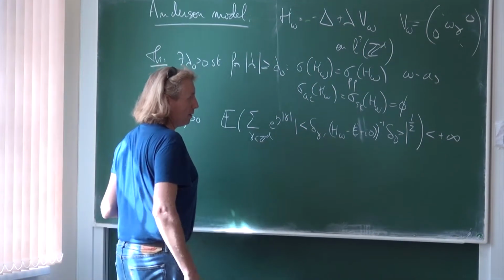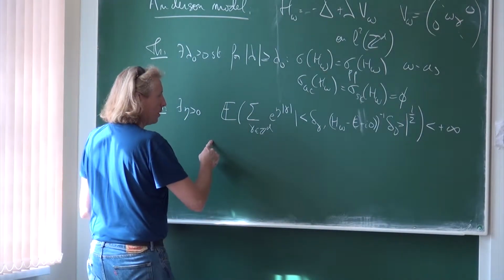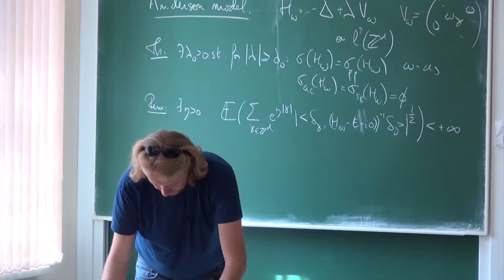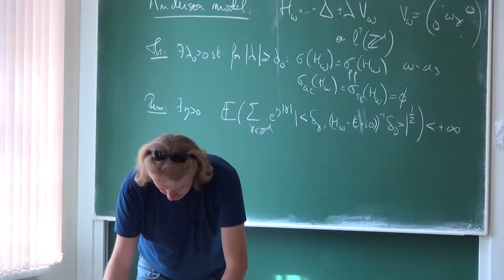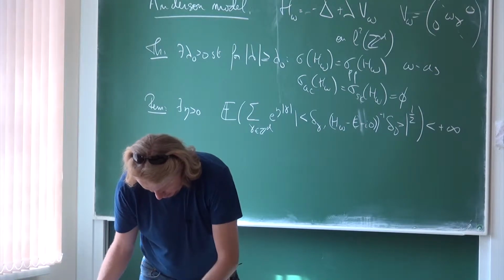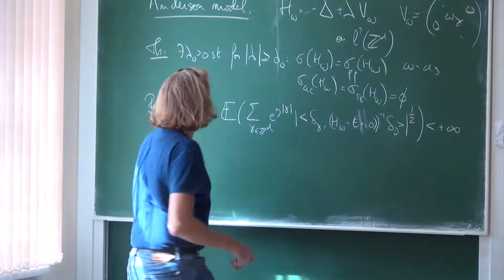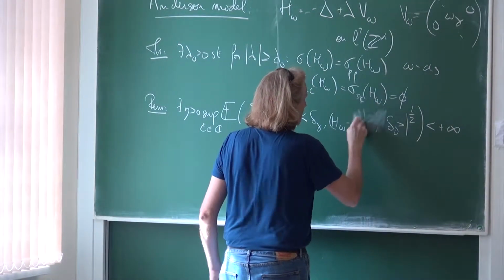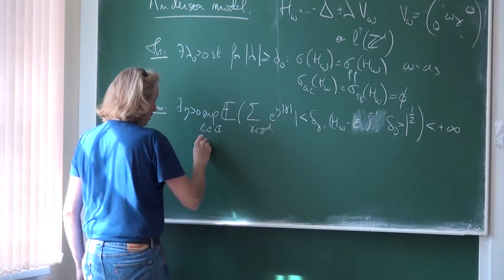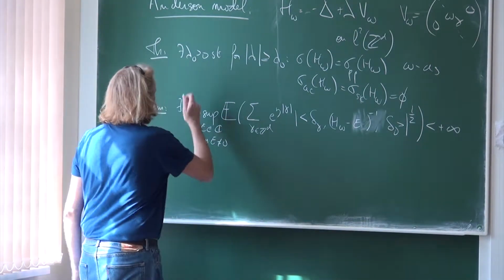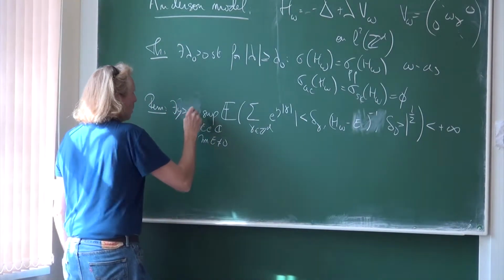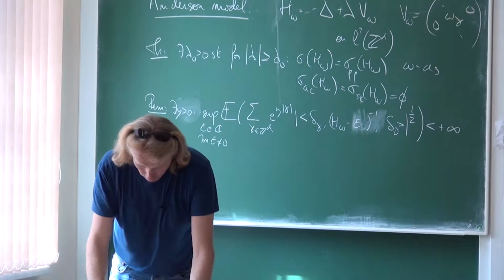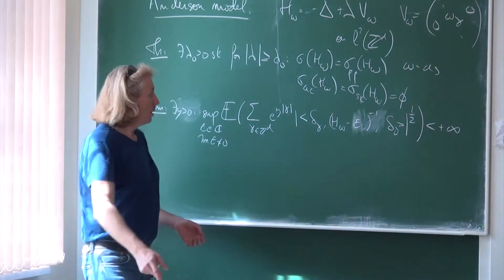for almost all E. No, actually for E, we have even something better. Let me think, how should I write it? What's the best way I want to write it? The best way maybe is sup over E in C, and you can remove this, part of E non-vanishing, for example. So we can actually take E to the real line. So we got an estimate like this, with a constant eta that we can compute directly from the